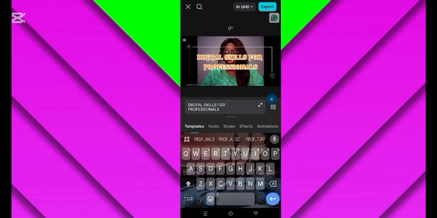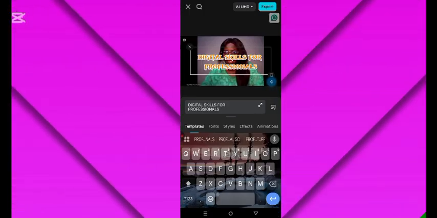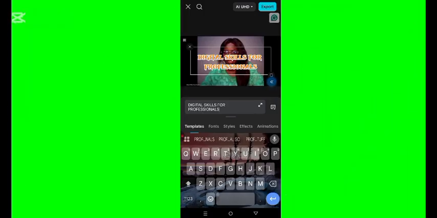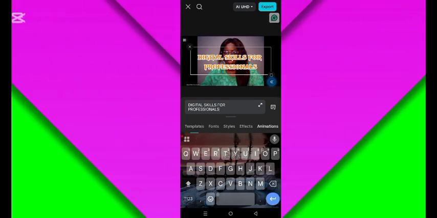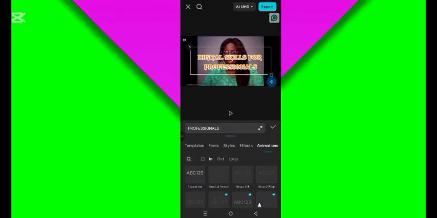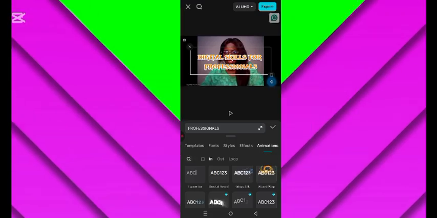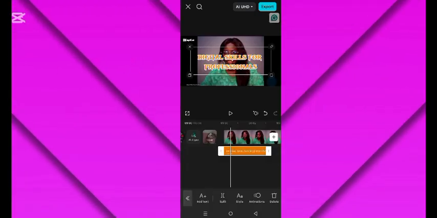Now we have this. Like I said, you can edit the font whichever way you want it to be. And I want to animate this particular text. I'm going to be using this. Doris, I'm also excited. In fact,